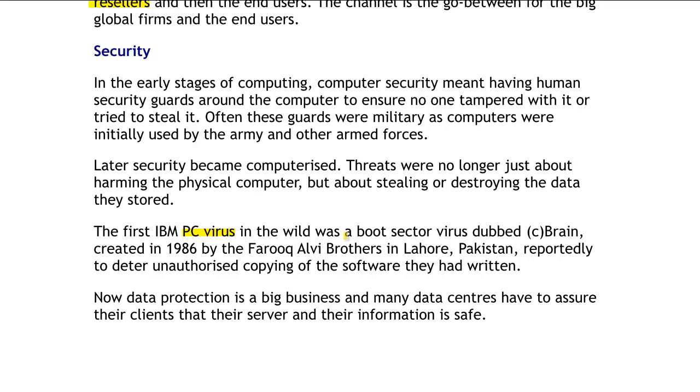Now, the way to combat this is through software. So now hardware and software have become almost inseparable, and many companies now offer both. And we'll talk a bit more later about why that's important, but for now, all you need to know is that security is going to be a very important issue for any IT solutions company.